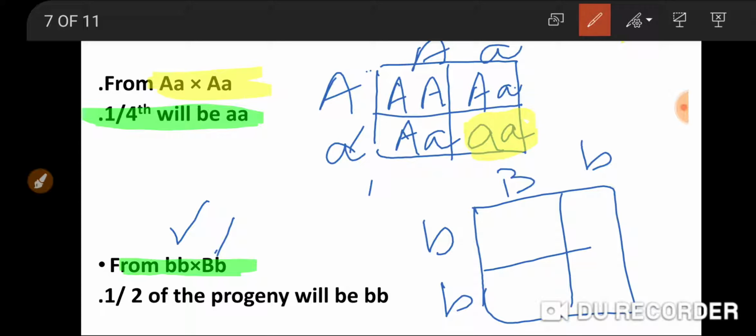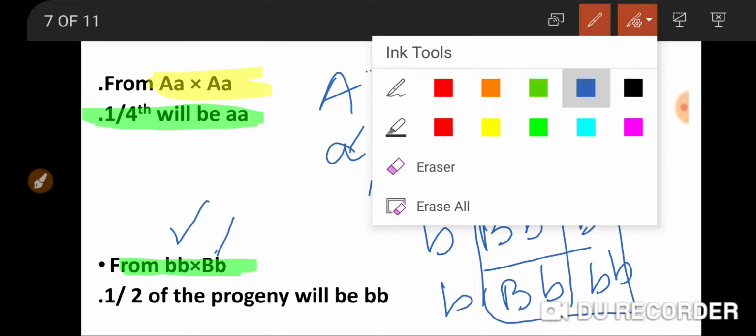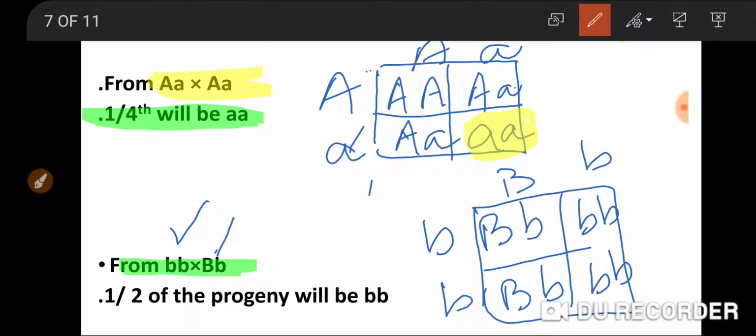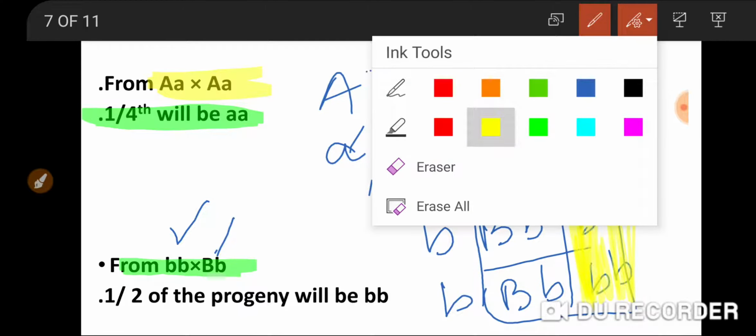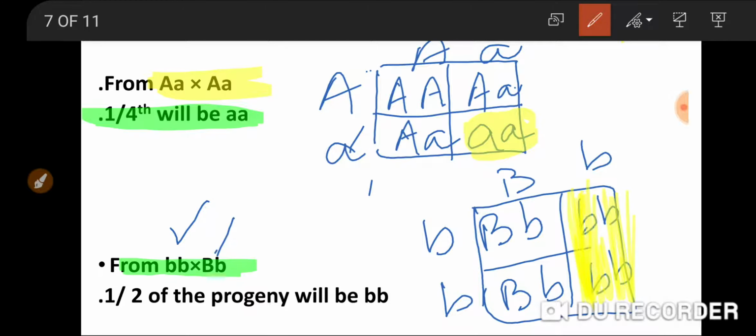So we will try to cross here. We will get capital B, small b, and capital B, small b, and fourth one small b. As you can see here in this Punnett square, we are getting 2 offspring out of the 4 offspring which have the genotype of small b, and so the probability of getting the genotype